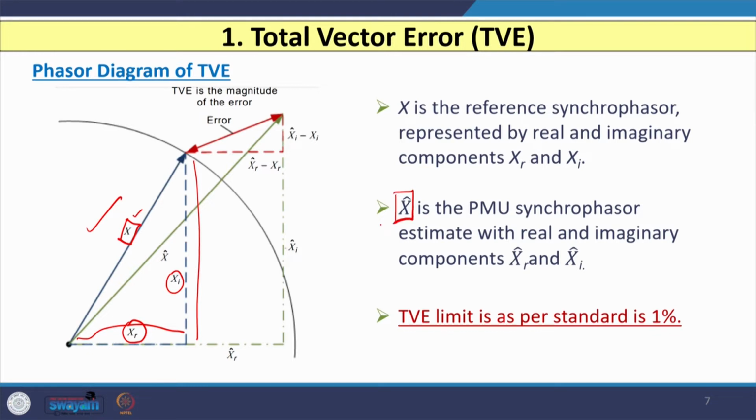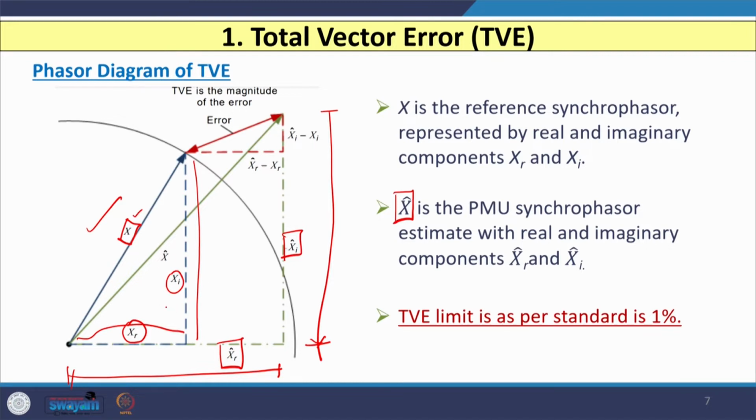X hat is the PMU synchrophasor estimate. If we consider the real part of X hat, that is Xr hat, and the imaginary part of X hat, that is Xi hat. If you take the difference of Xr hat and Xr, you will get the error in the magnitude part, that is the real part, and if you take the difference of Xi hat and the imaginary part of X, that is Xi,